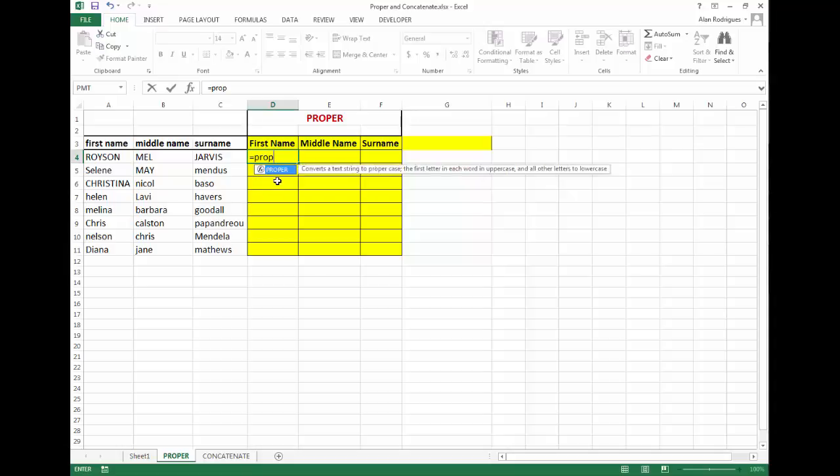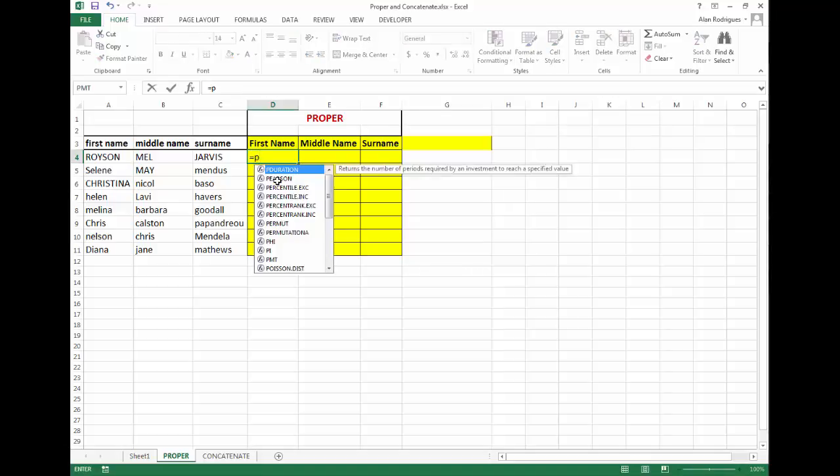Now type proper. You can either type the full function name and open parentheses by pressing Shift and number 9 on the keyboard, or else, there is one more easy method than that. We'll escape this and press the equal sign again.